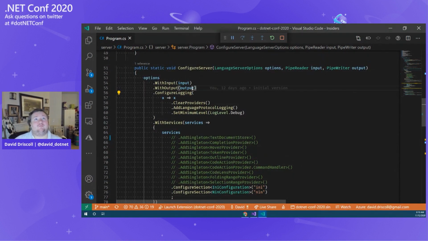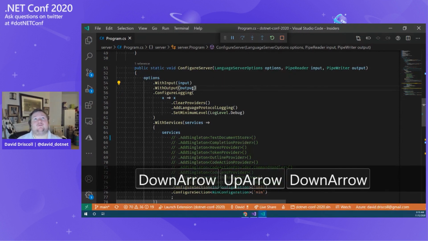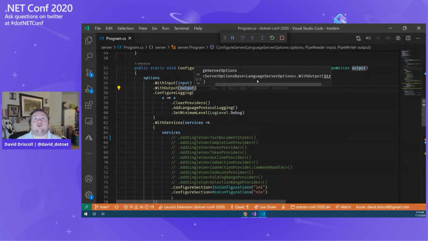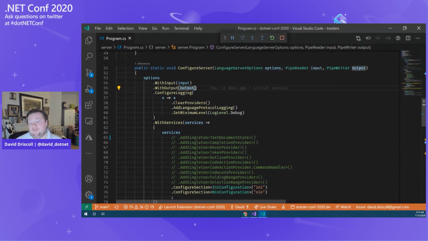So your input and your output methods take both a stream or a pipe. Pipe is the new intrinsic in .NET Core 3.1 or 2, I can't remember what version it came in, that's very similar to a stream. So we support bringing in a pipe reader or just a stream. As long as there's an input stream or output stream, it doesn't matter where that comes from. So we sort of dictate for consumers of the library that you need to figure out what your transport is going to be. Could be WebSockets, could be doing stuff in the browser. There's some really interesting stuff going on there. I don't have a demo of that today, but there's been a bunch of cool stuff, especially if you look at